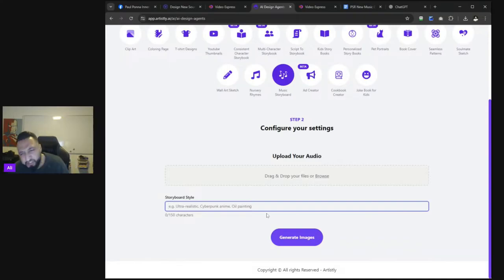These are just giving you some examples. Obviously, you can fit everything in there, right? So here's the key thing: you need an audio, music track, because obviously it's a music storyboard. So maybe you're a singer, maybe you have a client, or maybe you're an outsourcer, freelancer. If you have your music track, you can just drag and drop that directly into